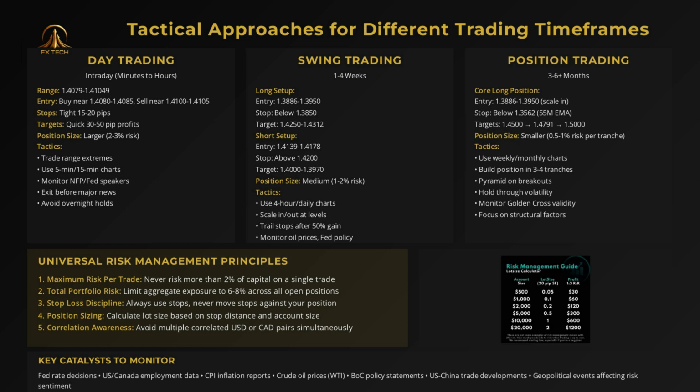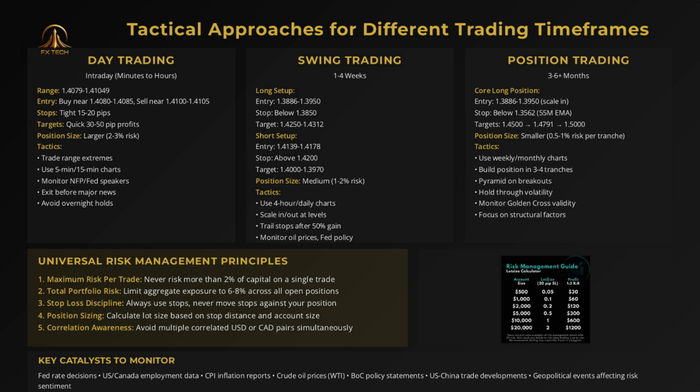Avoid overnight holds. Swing traders should build long positions at 1.3886 to 1.3950 with stops below 1.3850 and targets at 1.4250 to 1.4312, or short positions at 1.4139 to 1.4178 with stops above 1.4200 and targets at 1.4000 to 1.3970. Use 4-hour and daily charts, scale in and out at key levels, and trail stops after achieving 50% of